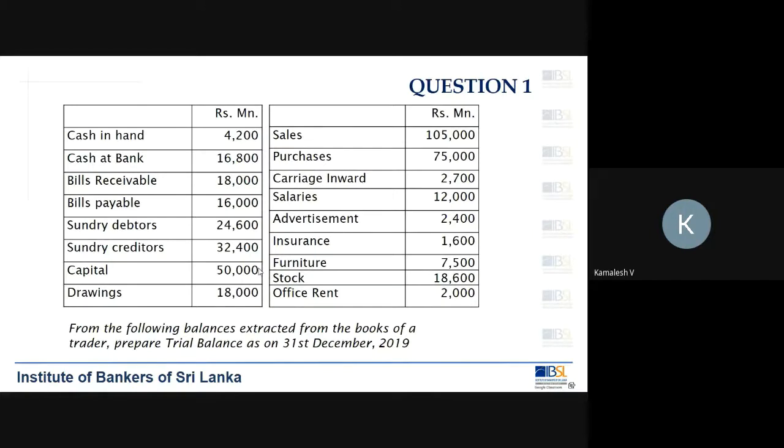Right? So actually speaking, carriage inward will be that kind of an expense. That is where you will be incurring certain cost of transporting the goods into your business. So please make a note. Don't get messed up with the return inward. Return inward is what you said is correct. That is the goods returning to the business. But when you say carriage inward, that is something different. Carriage inward is the transport cost that you will incur to bring in the goods into the business.